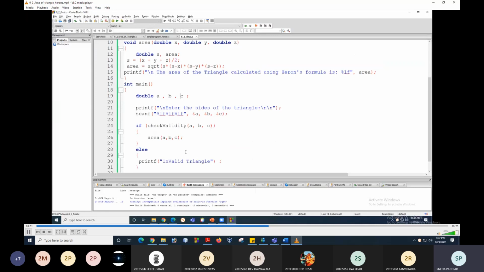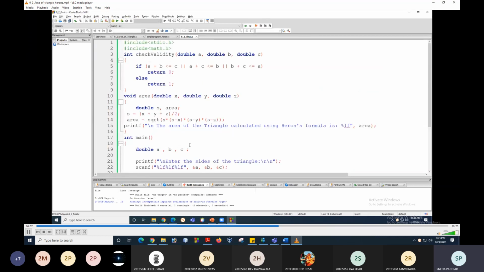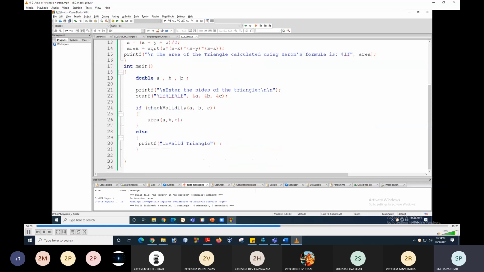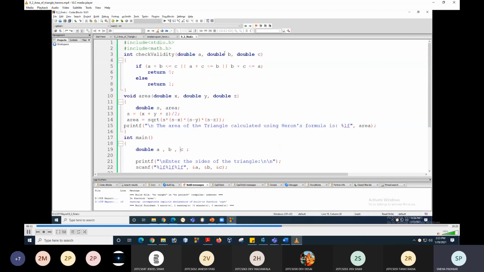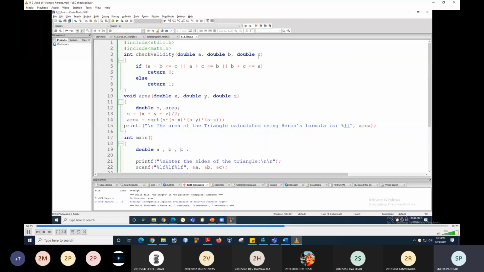So we are creating a copy of a, b, c. Now inside this if condition, I'm writing the function check validity and passing a comma b comma c, right? So the a value will pass to this a, this b value will pass to this b, and this c value will pass to this c, right?